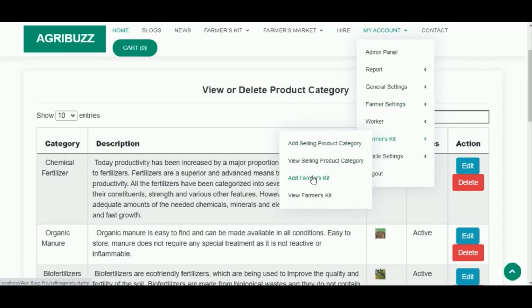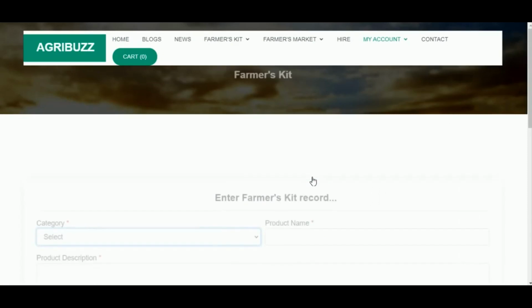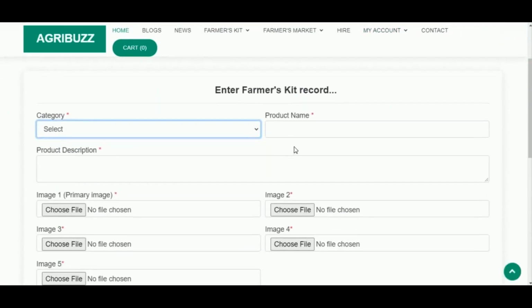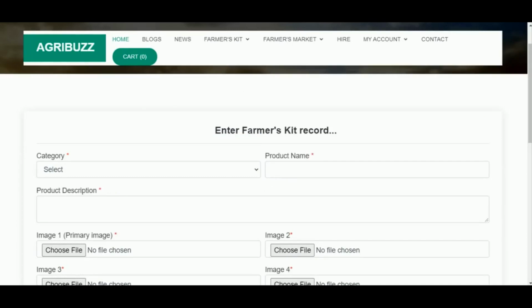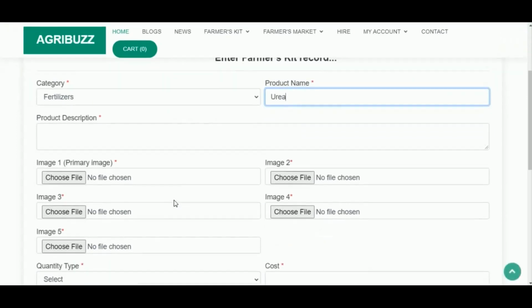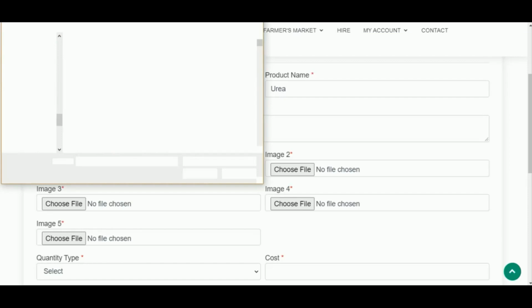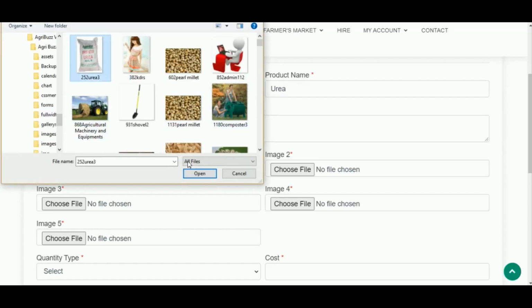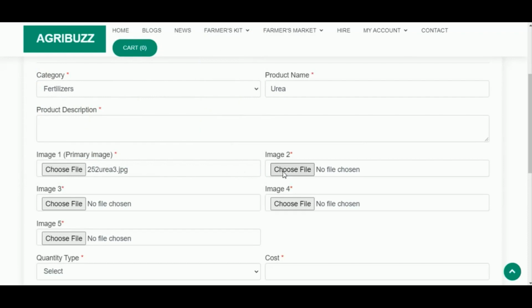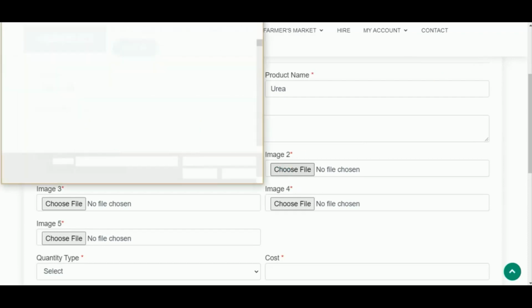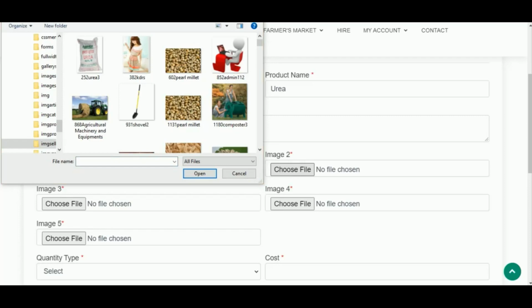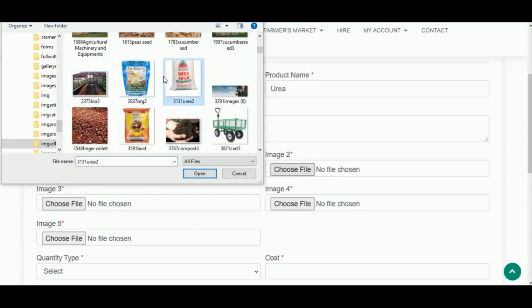In Add Farmers Kit, admin can add the various products for sale by mentioning the category, product name, product description, images of the product, quantity type and cost of the product. The products available under Farmers Kit are the products which the customer as well as the farmer can purchase.